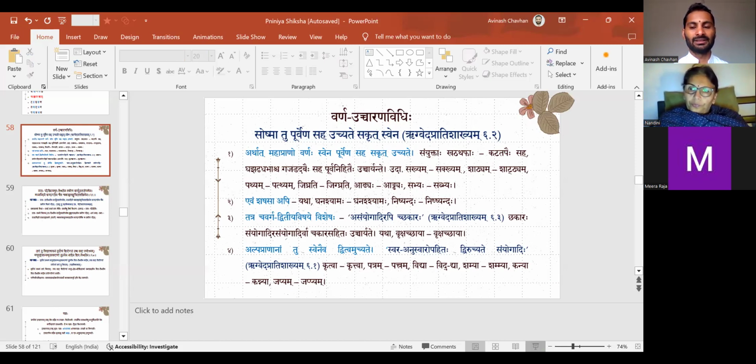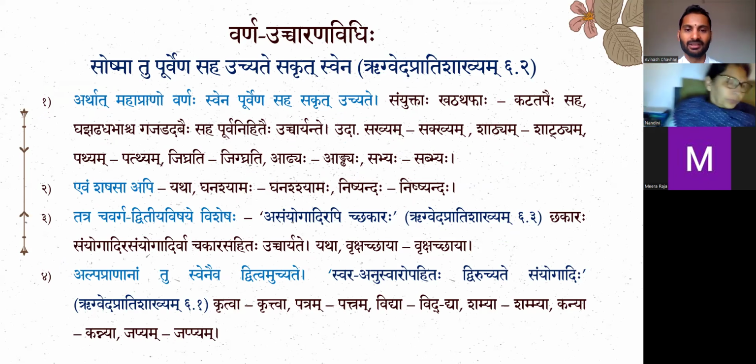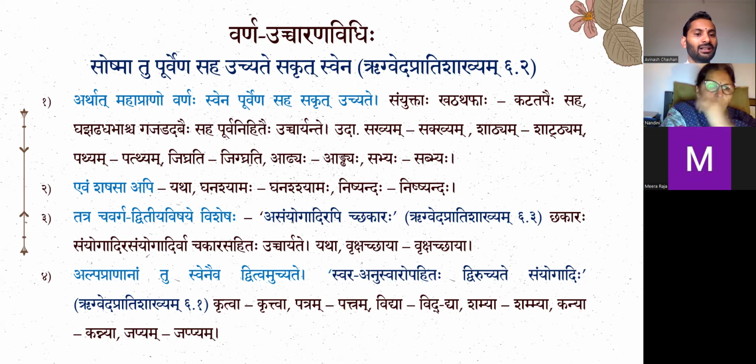So these are the examples. But even though we are saying mahapranas, the kha, cha, tha, tha, we have to exclude the cha group. Regarding the cha group, when the adesha, tuk agama, etc. happens, there would be a little change. We will see that also. So regarding gha, jha, dha, dha, bha, while pronouncing those letters we have to take the help of